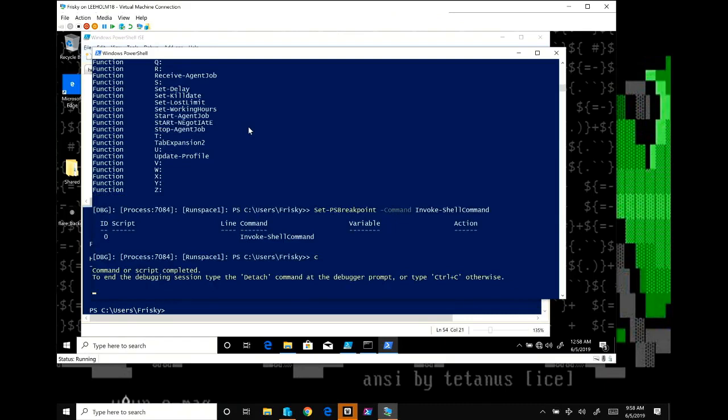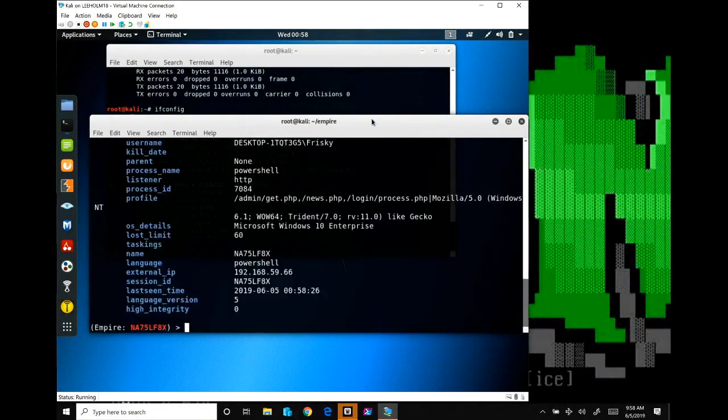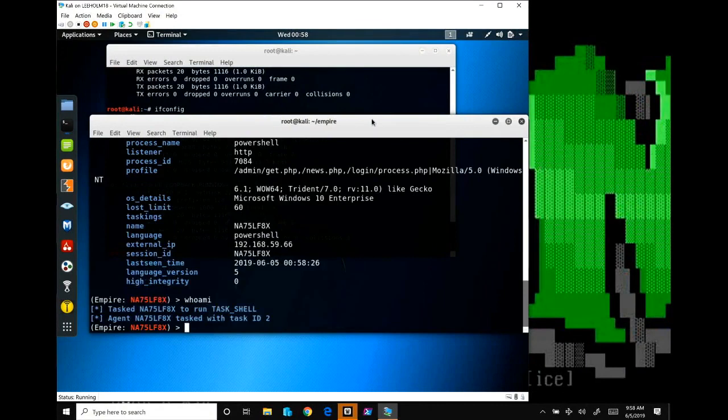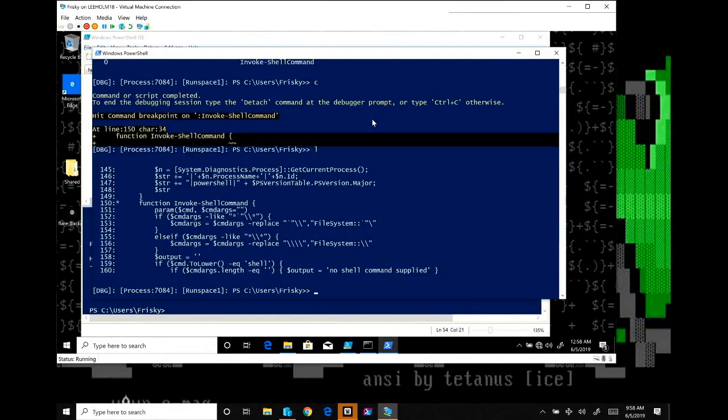And I can continue. So now what's going to happen, just like I set that previous breakpoint, now whenever Empire is asking my client to run a command, I'm going to have the ability to inspect what's going to happen. So I'm back here, and I can check out the info of this agent, and maybe I'm going to check out who am I again. This one takes a little bit longer, and that's because we're now in a breakpoint. This client is now being asked to run something from the attacker,